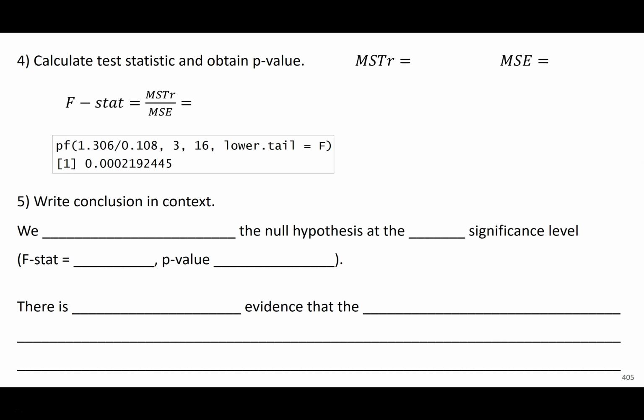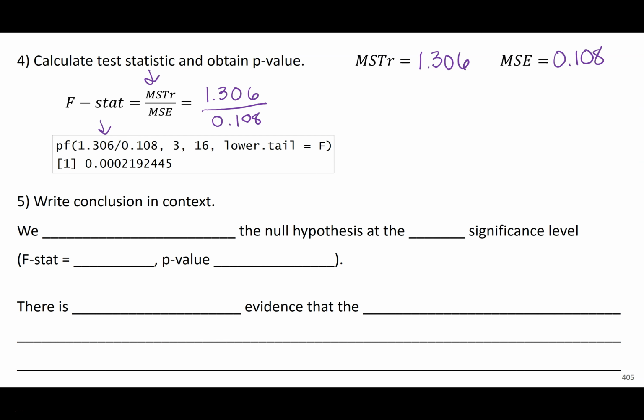So calculating my test statistic, am I getting my p-value here? Might kind of have a giveaway here. My mean square treatment was at 1.306. My mean square error is at 0.108. So my F statistic is just the ratio of that. Ideally, hopefully, if you're lucky, your mean square treatment is bigger than your mean square error. If it's not, you're probably not going to find very strong evidence that at least one mean is different. So 1.306 divided by 0.108, I get something like,